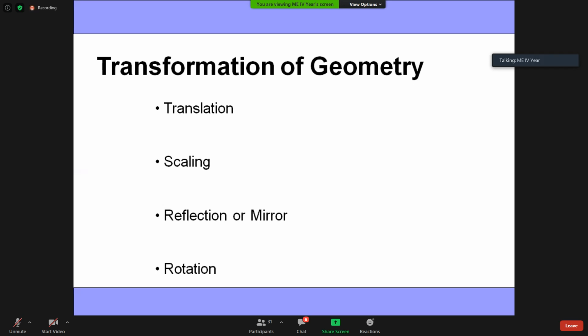Our own image means ourself as an object. Mirror is the plane, and on the other side we are getting the image. Am I right? Then the definition of reflection or mirror is that the distance from the object to the plane, plane meaning mirror, and from the plane to the image will be the same. Then only we can call it a mirror. Clear now?